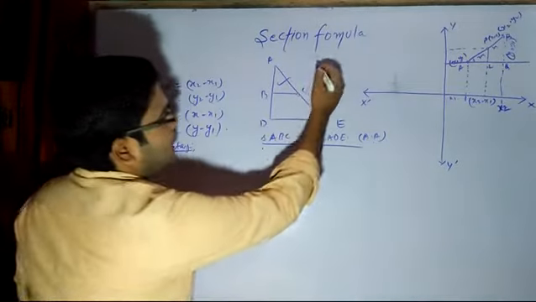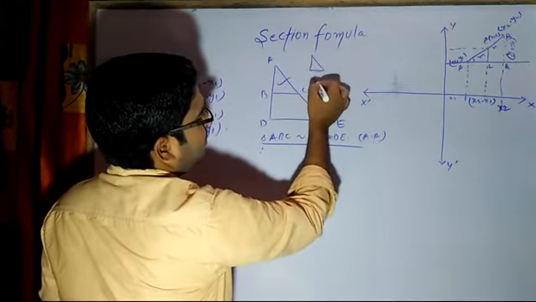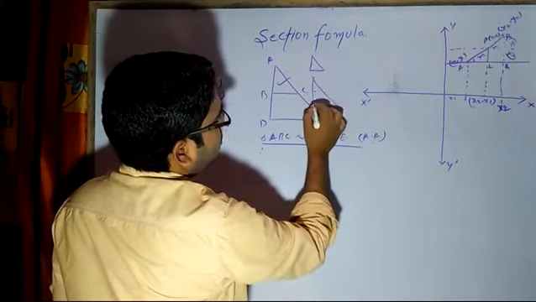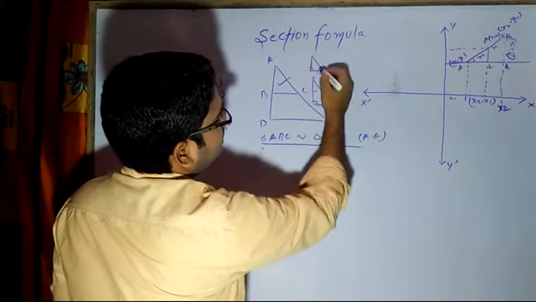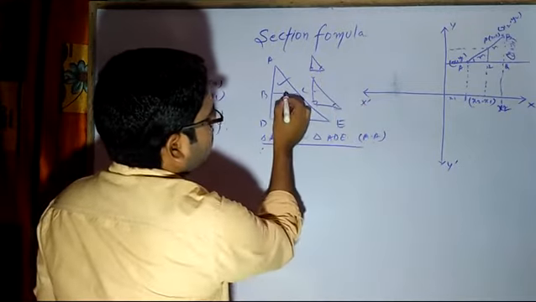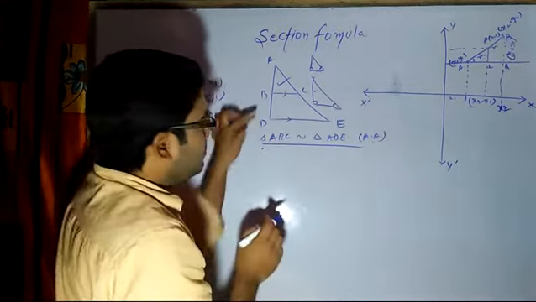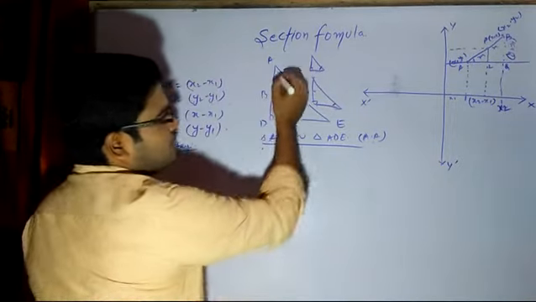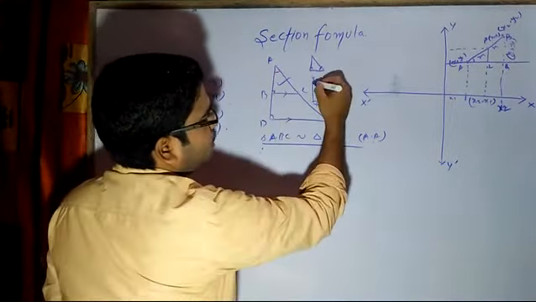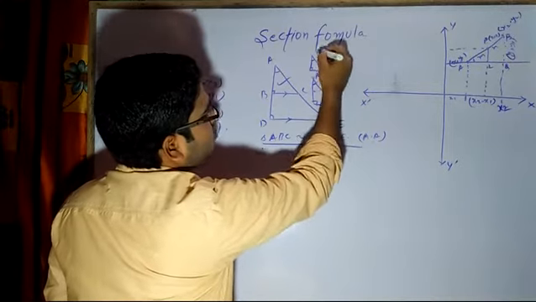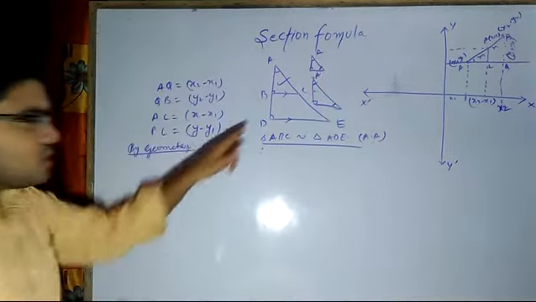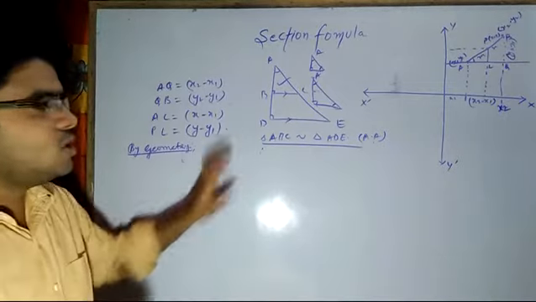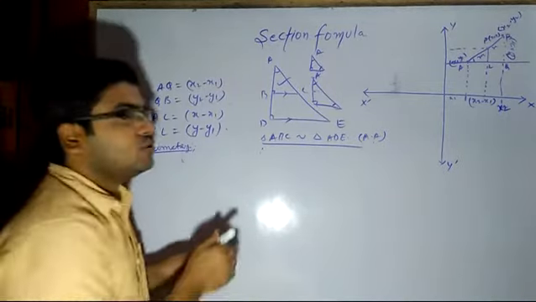They look like I will take out ABC like this, and the bigger ADC. They are both similar only. This angle will be equal to this angle, because this line will be running parallel, because of this 90 degree. Second thing, this angle will be common in both the triangles, because point A is common. Understood? So this similarity chapter we will be studying in the geometry part. So right now, you take how I am going to solve this.